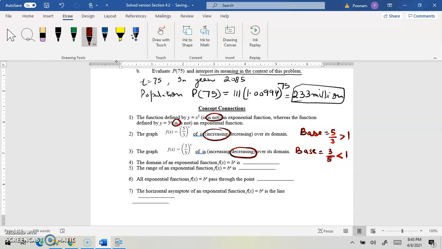Domain of an exponential function. So b raised to power x, right? Domain is all real numbers, negative infinity to infinity. On the other hand, the range of an exponential function, we saw the graph was always above x-axis. That means 0 to infinity. And make sure the 0 side is round bracket. All exponential function b raised to power x always pass through the point 0, 1. The horizontal asymptote of an exponential function is the line x-axis. So the equation is y is equal to 0, or we can say x